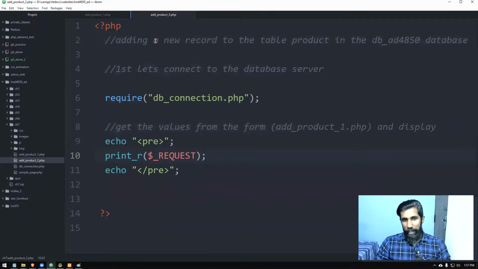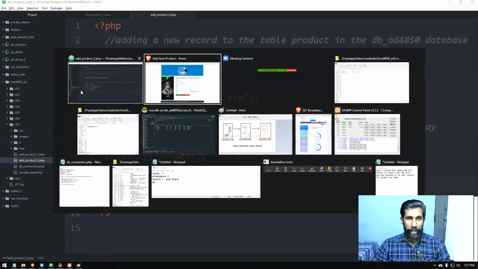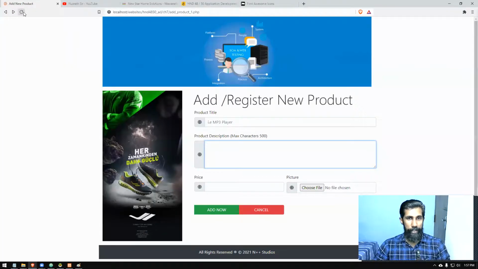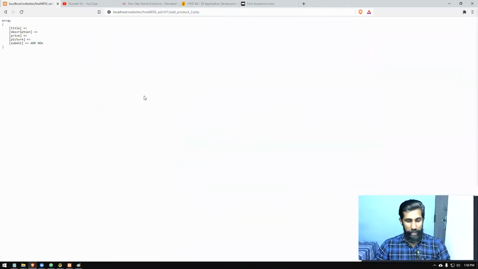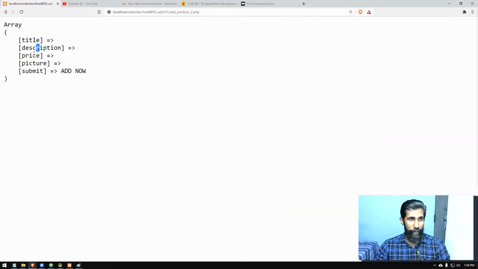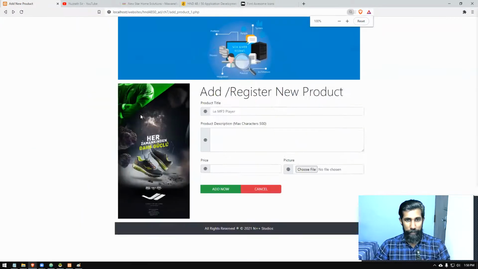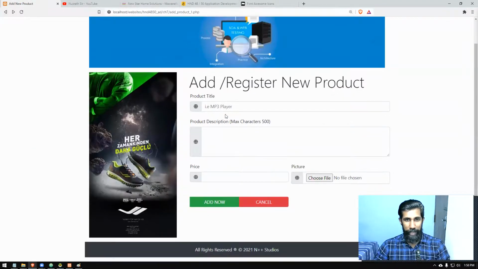So that's all here. The rest of the thing we will do in the next class, but I will just show you what's going to happen now. Let's go here and we'll refresh this page, and let's just click this one without filling anything. Now that is a big thing because we are getting connected to the next page. The add_product_2.php file is properly getting connected, and title, description, price, and picture are the fields in the form, but no value has been added here because we did not fill it properly. Right, now let's fill the information properly here and see whether we can get something done.